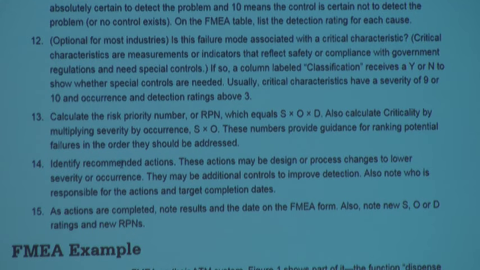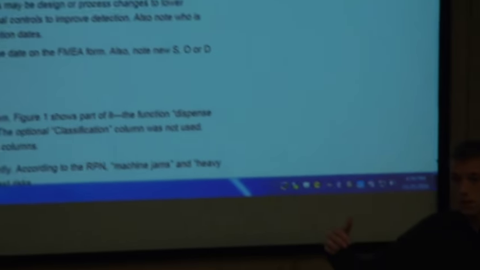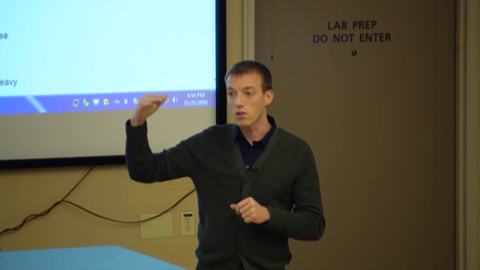So this is how you say, in the beginning of my project, I went through and analyzed these risks, right? Without controls on them, or with current controls, right? What exists now? And I said, these risks were too high. So I'm going to do some amount of mitigation. I'm going to do something to limit those risks, right? So we said, I had this risk that if I have too many cars on the bridge will collapse. So I'm going to mitigate that by strengthening the weakest members in the bridge, right? I'm going to, by design, reduce the probability of that happening, and that's going to give me a lower occurrence,